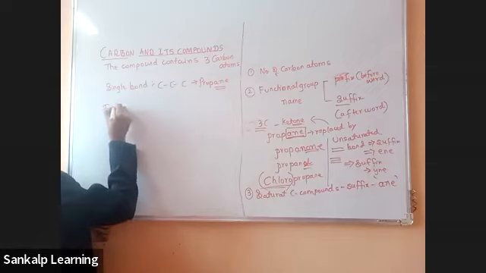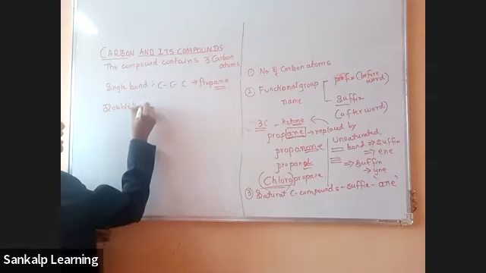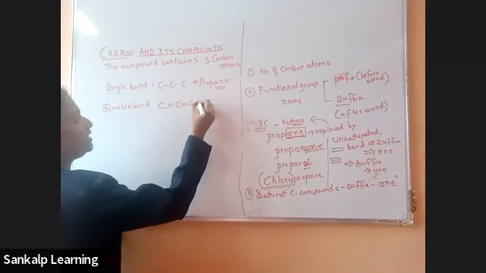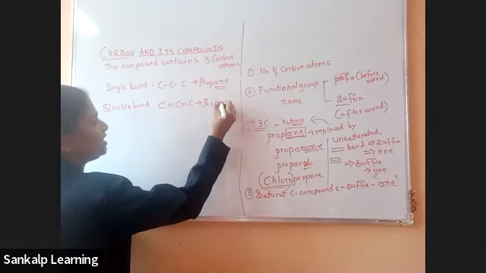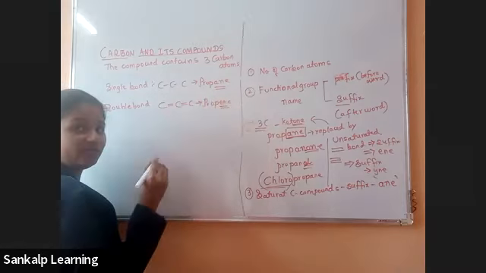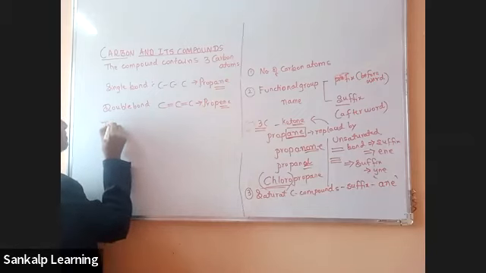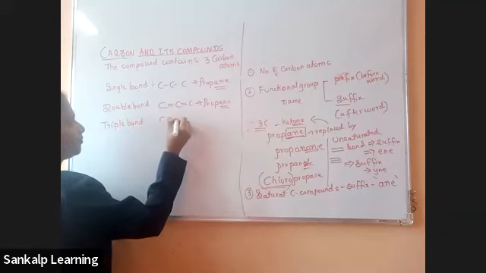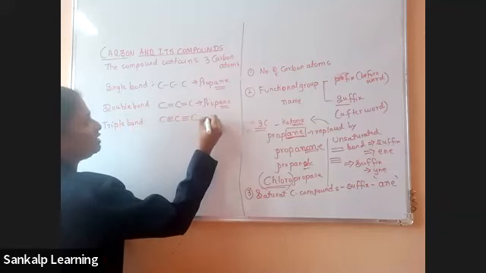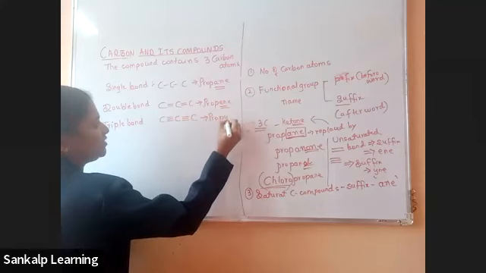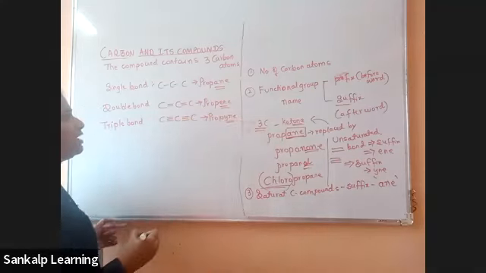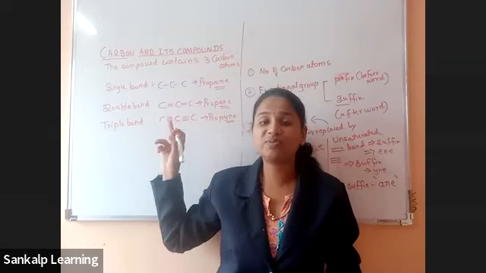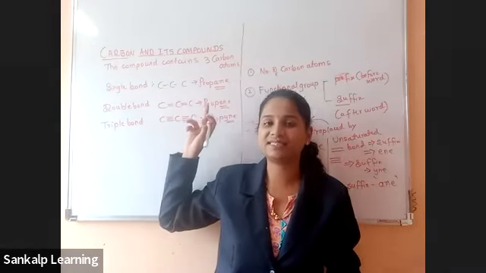Similarly, if there is double bond between carbon atoms, then it is written as propene. The suffix will be ene for double bond. If it is triple bond between the carbon atoms, then it will be propyne. So the suffix will be yne, right? So like this, the number of bonds between the carbon atoms also decides the suffix or the name of